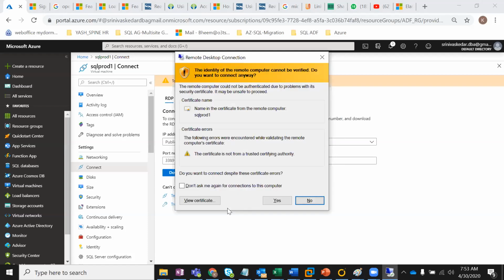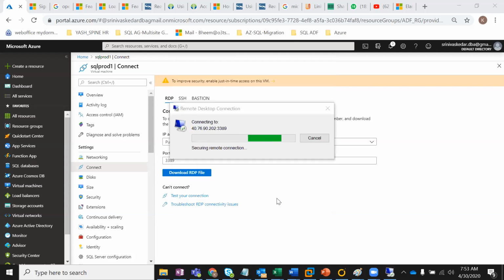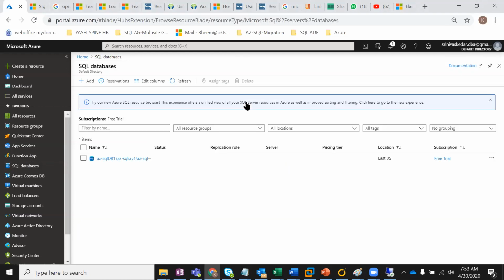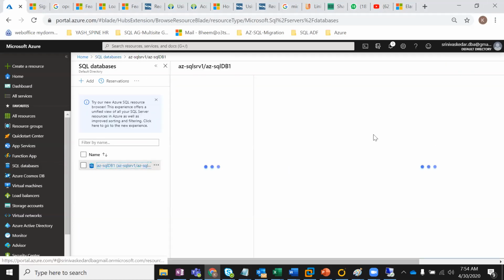So now the case 2 is we are trying to migrate from on-premises to an IaaS environment. I'm deleting this database.